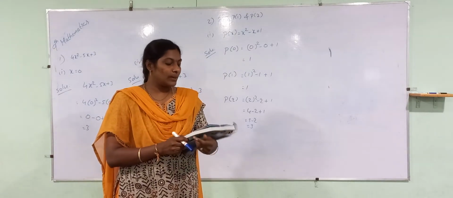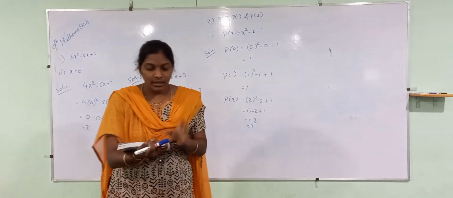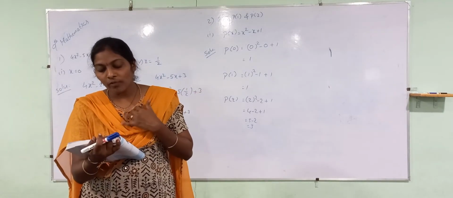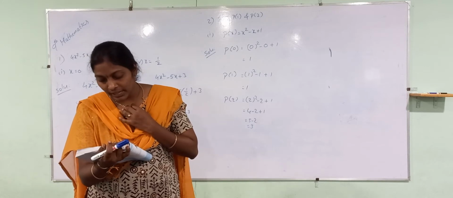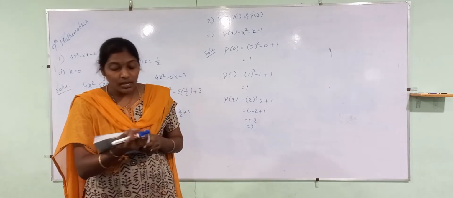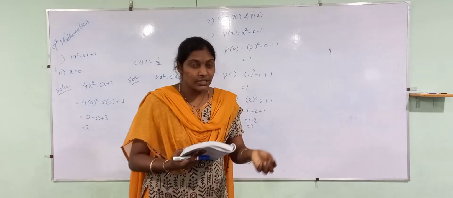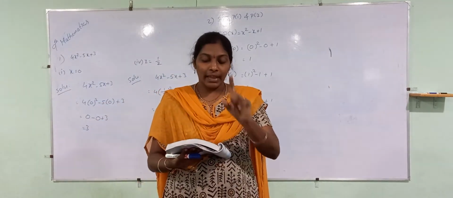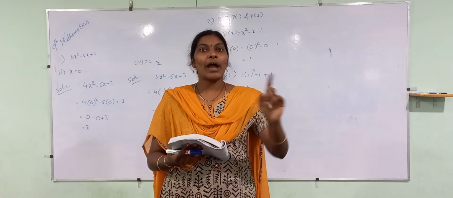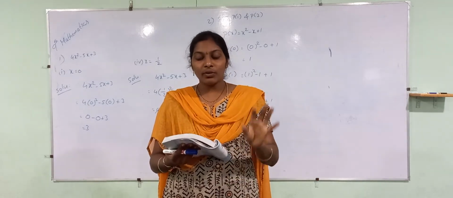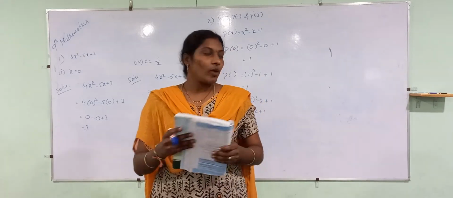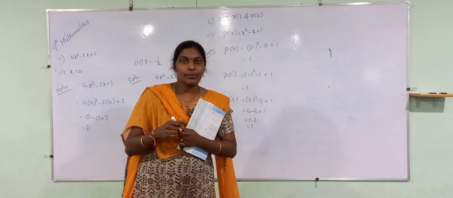We can do it. Simple only. Next. Third one, verify whether the value of x given in each of the cases are zeros of the polynomial or not. So they have given one expression and one x value. Every time you have to substitute the value. If you get 0, you have to write yes: the value x equals some particular value is the 0 of the polynomial. Let me explain.